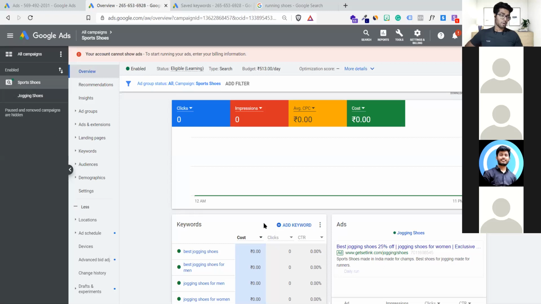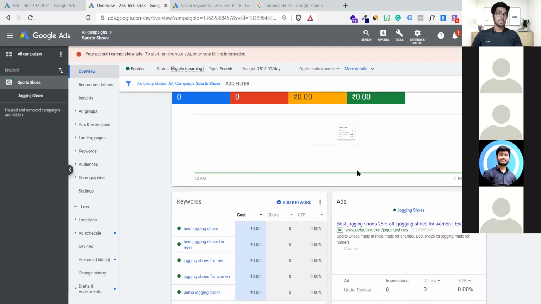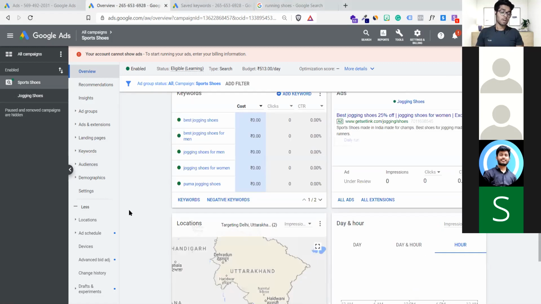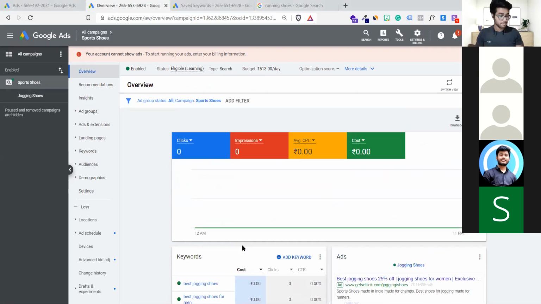This is all about it. All right, and there are a lot of things which need to be discussed again in depth. I cannot discuss them real quick like this because these are really highly informative things you must know. As of now, we have just learned how to do keyword research, how to create a search campaign from basic to advanced, what kind of bidding strategy we use, and how to decide the average cost per click for your maximize clicks bid strategy. And now we are here with the whole campaign and the location based targeting, everything pretty sorted, right? Let me know if you are clear right now with me. Please write CC in the chat if you are clear.